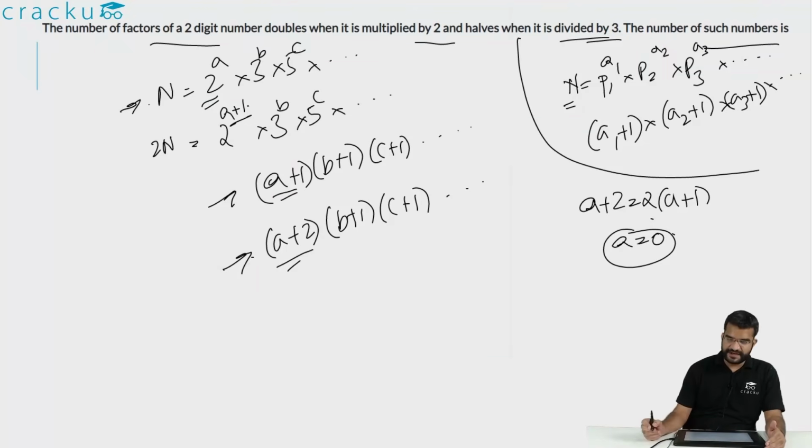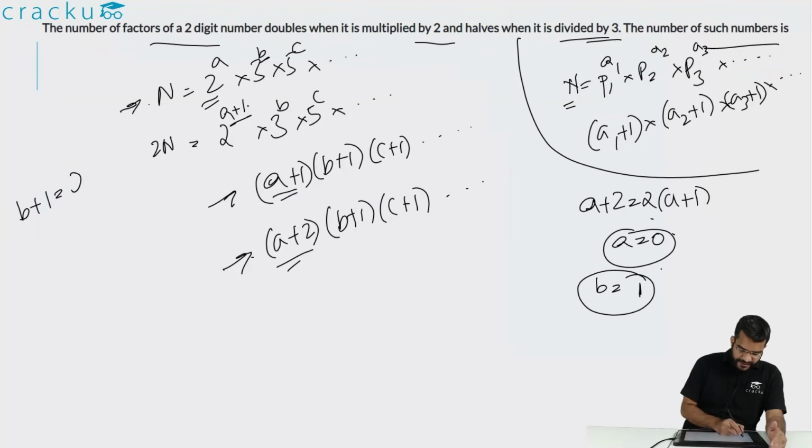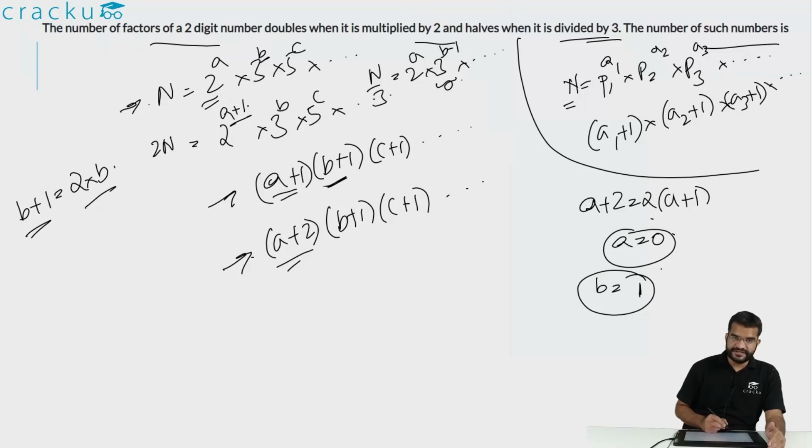Similarly, we are also told that the number of factors halves when it is divided by 3. Using the same logic, we can conclude that the power of 3 in n, that is the value of b, will equal 1. Because after you do prime factorization, n by 3 will be 2 to the power a into 3 to the power (b minus 1) and so on, and (b minus 1) plus 1 is b. So b plus 1, which was there in the original product, is twice b. If you simplify this, you will get that b is equal to 1. So the original number n is of the form 2 to the power 0 into 3 to the power 1